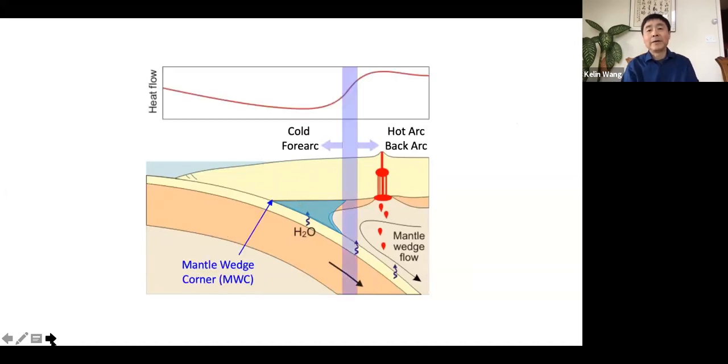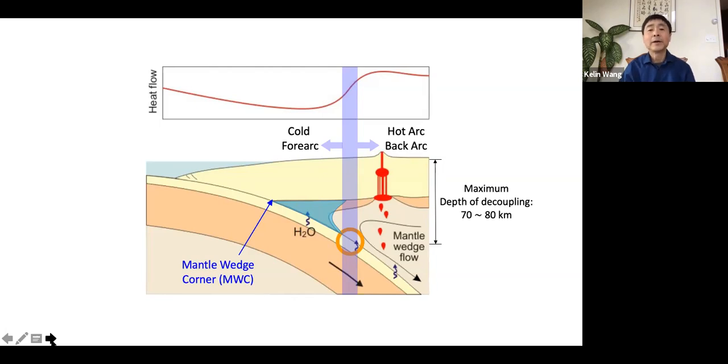I always claim the most fundamental aspect of subduction zone geodynamics, at least the shallower part, is this thermal contrast between the cold forearc and hot arc and back arc. Now we understand that contrast is because of a change along the plate interface. Below this depth, the plate interface is fully coupled. That means the mantle material travels with the slab at full speed, inducing mantle wedge flow. That controls the thermal state of the arc and back arc area.